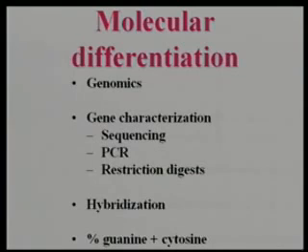Or you can do what's called PCR, and I'll show you how that works in a little bit if you don't know already. The PCR is the polymerase chain reaction, and it is one of the things that has certainly revolutionized microbiology and has revolutionized some aspects of infectious diseases as well. So PCR is basically making a lot from a little. You would have a tiny, tiny quantity of bacterial DNA in a clinical sample, for example. So little you couldn't do anything with it. And then you go ahead and use PCR, and you make lots of it. And all of a sudden, you've got so much DNA you don't know what to do with it. And then you can start doing standard molecular